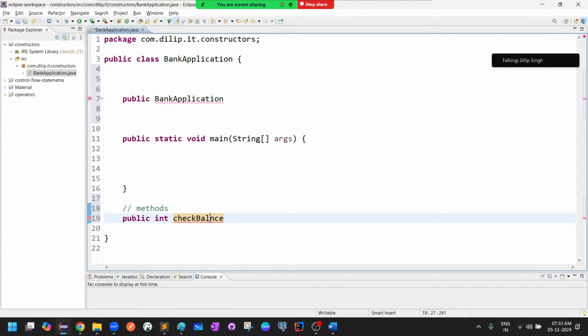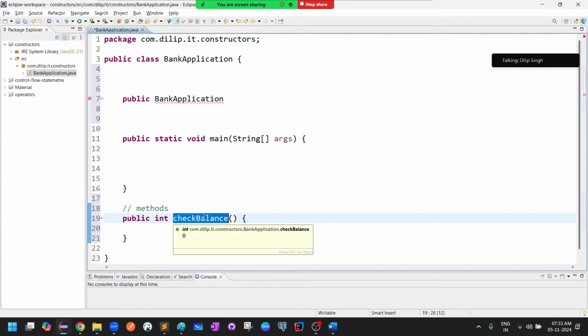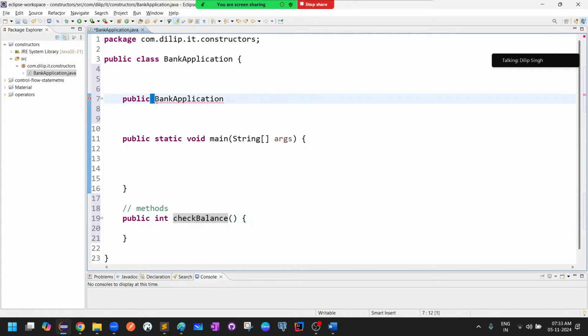What is the difference you observed between method and constructor? A method always has a return type, whether void or integer, you have to declare it. And you can give whatever name you want. But for a constructor, point number one, there is no return type. Second thing is the class name should be